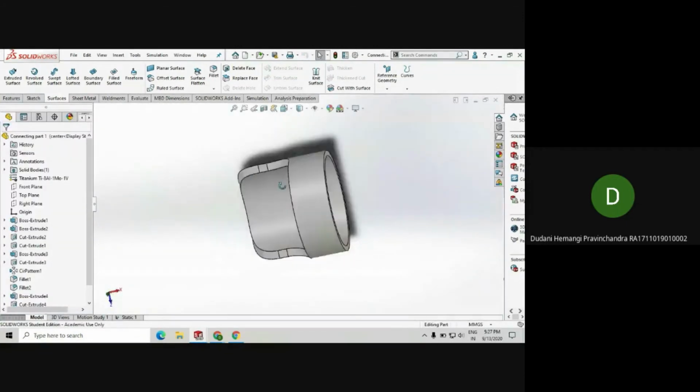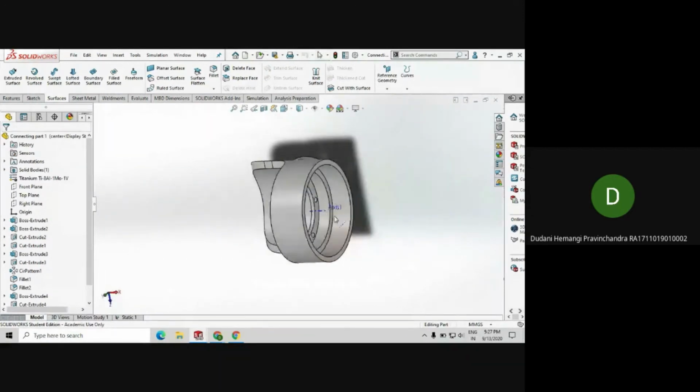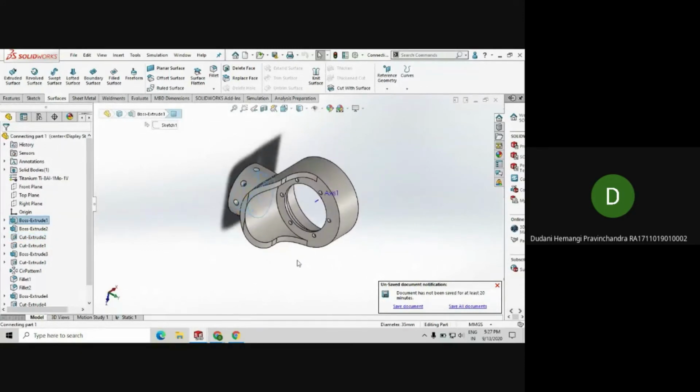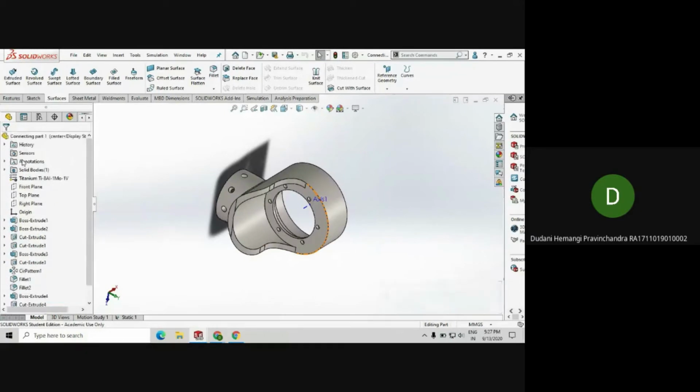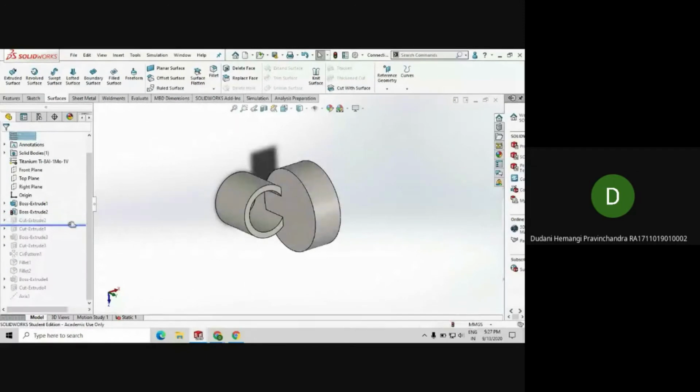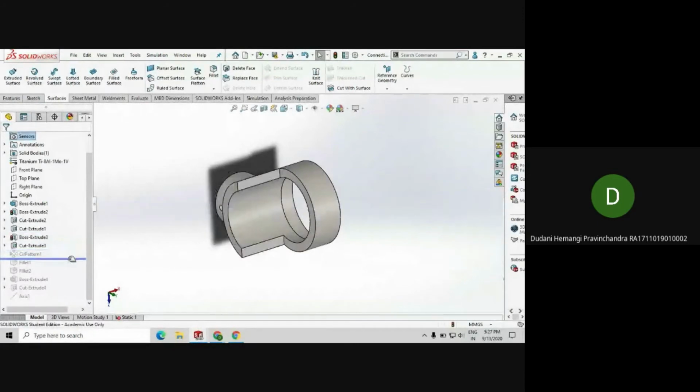Yeah. So this is the part where the motor will be connected, and this is the part where the link is connected. So this is the connector of the arm, and here you can see the feature manager keeps records of all the features that I have used on this part, and I can roll back to any of those stages. For example, how I started, there was just this one cylinder. From that, you can see how it progressed to the part that it is now. You can edit any of these features at any time by going to the rollback stage.